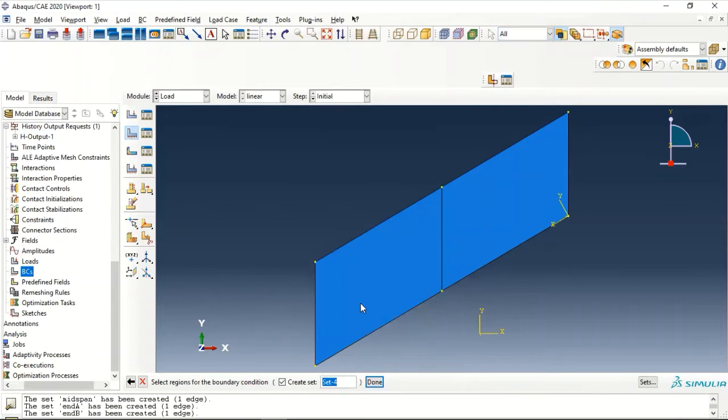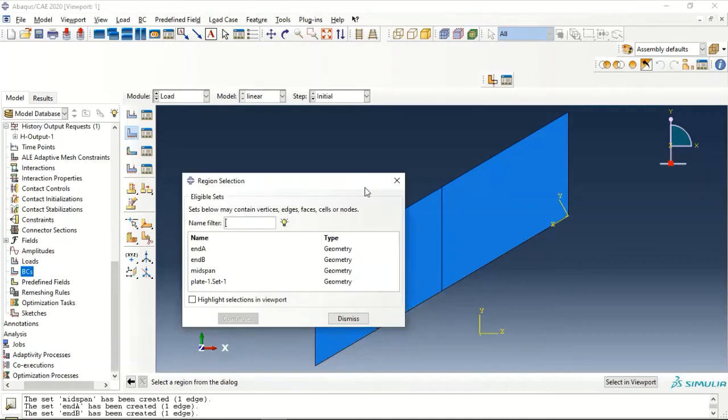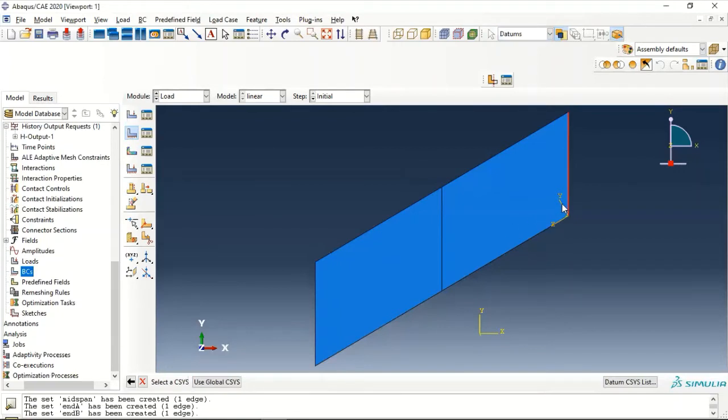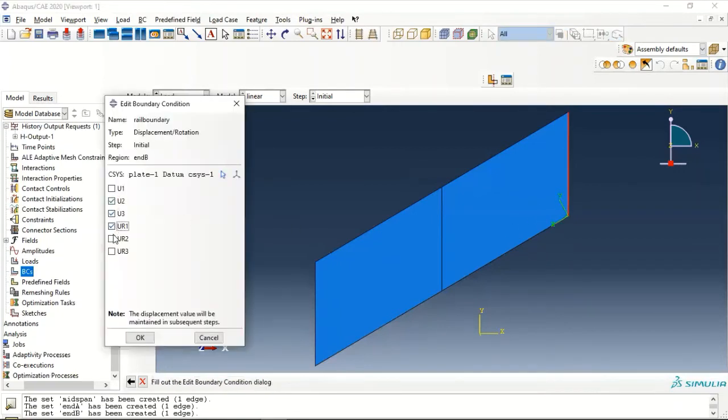Press on continue, and now what we want to do is assign the boundary condition to the sets rather than to the regions. So we choose on sets, and in this dialog box, we choose the NB first and highlight. If you highlight this, we can see this is the NB, and we press on continue. Now we want to edit the datum and choose this datum and turn on these values,